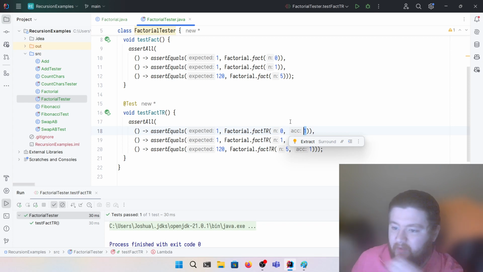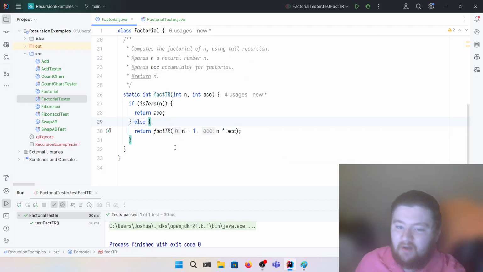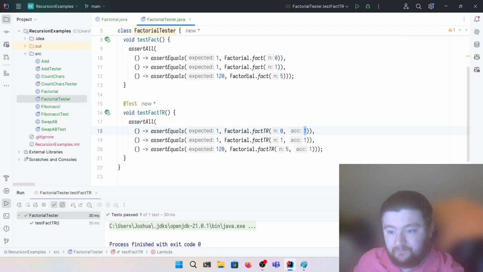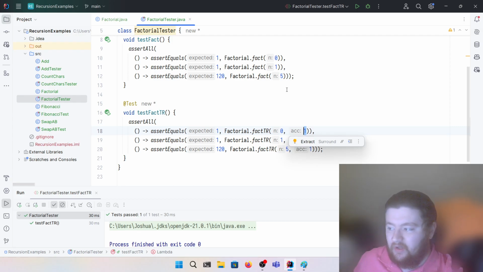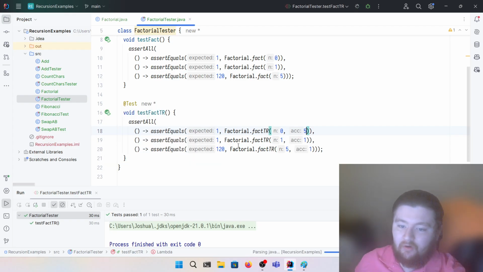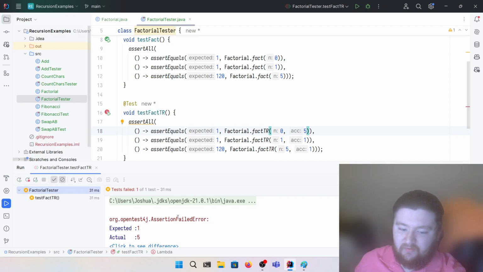Well, they shouldn't, right? The accumulator is only important in the context of this tail recursive factorial method, right? Because of that, there's no need to expose it to the user. I keep saying programmer, but to the person who just wants to compute the factorial of some natural number. There's no reason that they should be able to pass an accumulator and, just in a reliance of good faith, I guess, have the user always pass 1. Because the user could pass 5 for all they know, and of course this test case is going to fail,